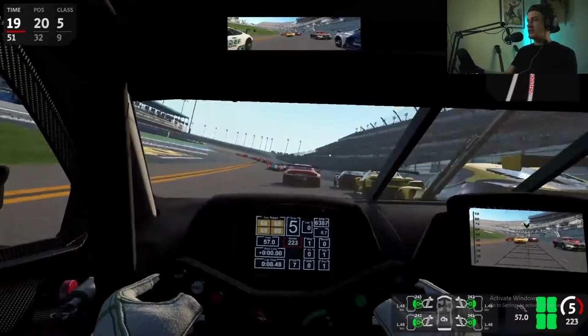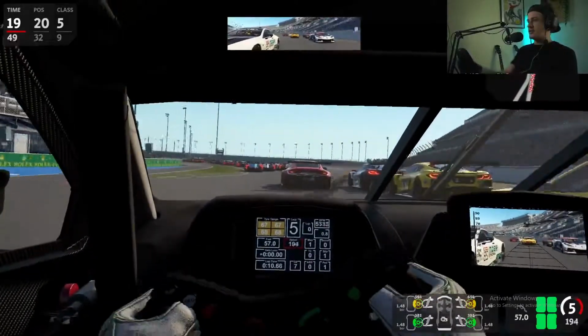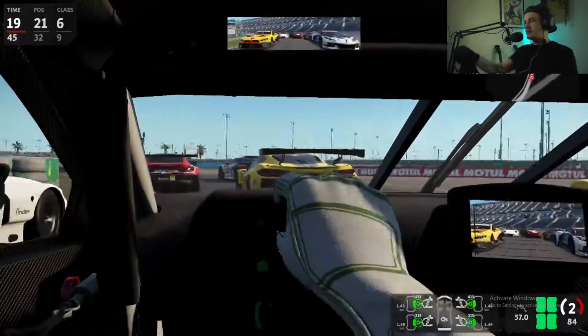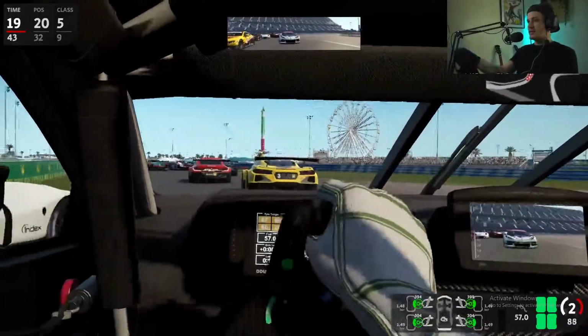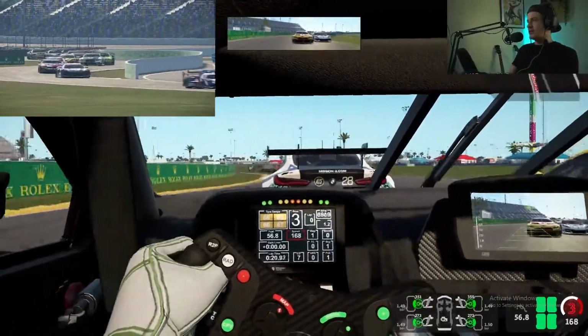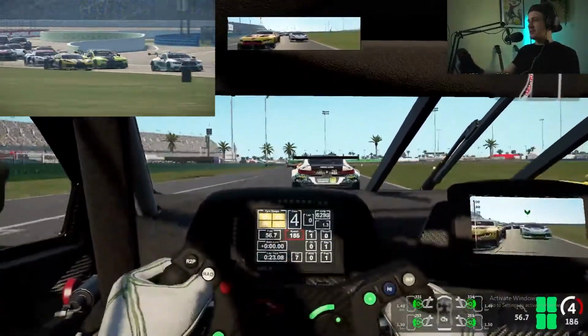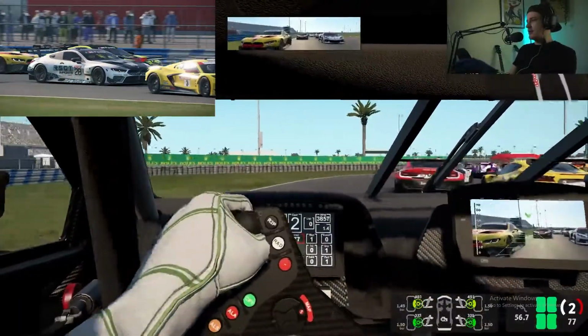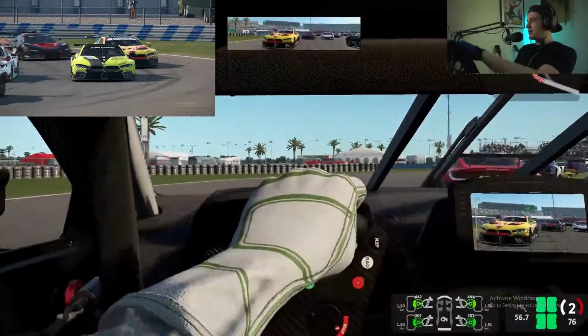We got 32 cars going around Daytona, so it's bound to get a little bit messy as I get absolutely taken up the inside by another BMW. It's 3 wide going through here. This is never going to be a good idea. I'm going to go around the outside, and that is how you make that move